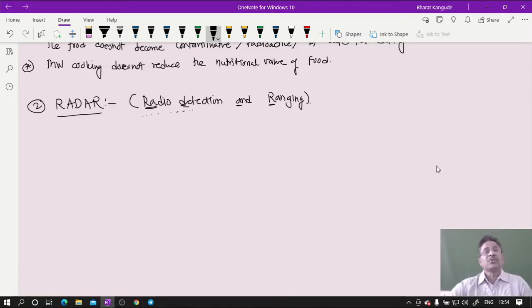Now these radars were quite popular at the time of the World War, because at that time the radar could detect enemy aeroplanes or other types of devices, and that's how this particular concept of radar came into existence, actually in the Second World War. That was the requirement of the Second World War, and people could find such a device which detects the objects moving in the vicinity, their distance, what type of objects, etc.